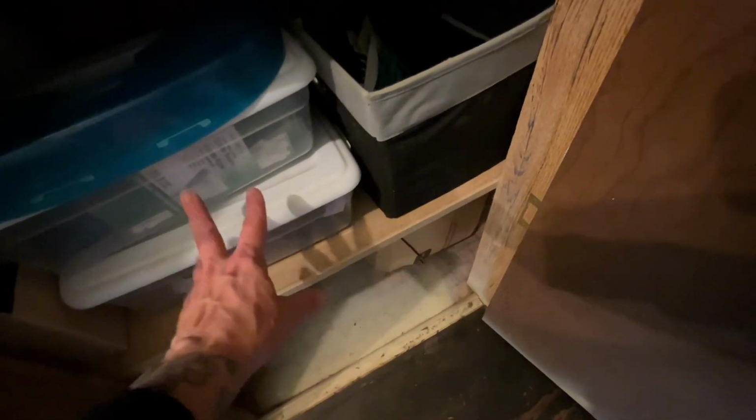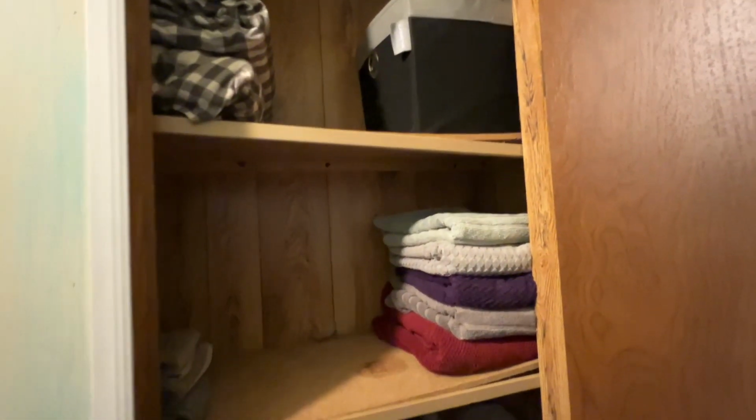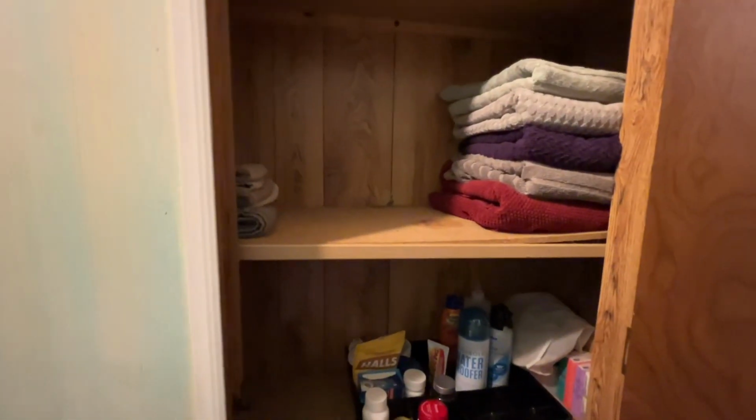This is all my hair stuff. This is like, I don't know, they're like containers, like denture containers, and there's some Q-tips and just like miscellaneous bathroom type products. More hair stuff. And then this spot down here is going to be for my foot bath, which is actually in my bedroom right now. So space for everything, everything's cleaned out, and everything looks like it can breathe, and I know where